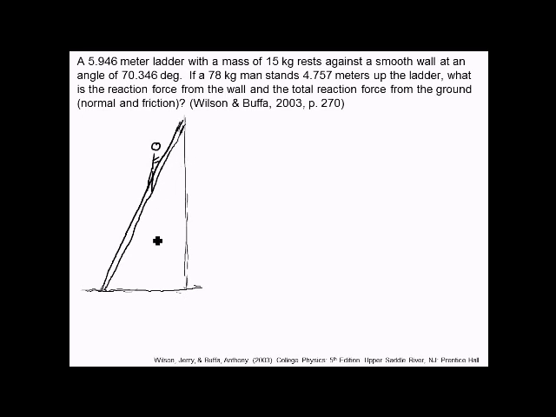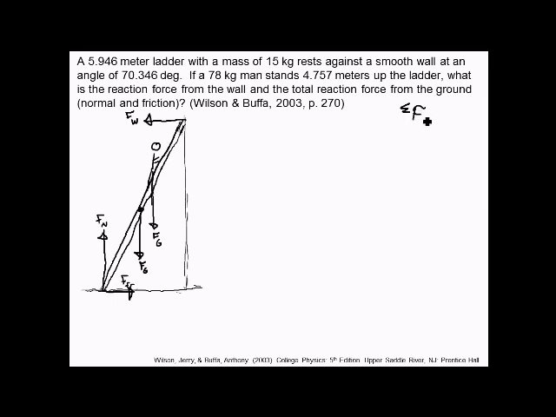So we'll first need to draw all the forces with the force of gravity of the ladder, force of gravity of the man, from the center of mass of the man. And we have the wall force like we saw in our lab. We also have the normal force, the ground pushing up. And we also have the friction force. Without friction force, this ladder would fall. And all of these are balanced out, so